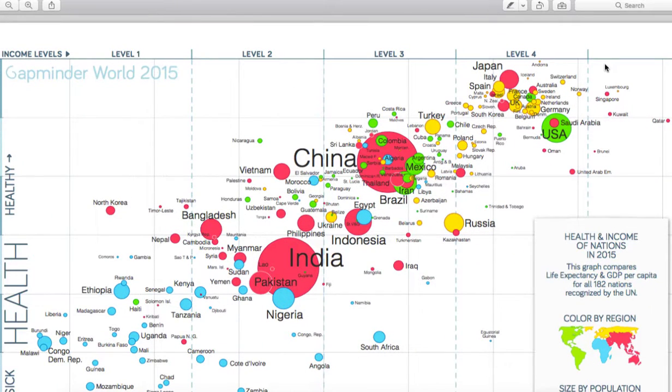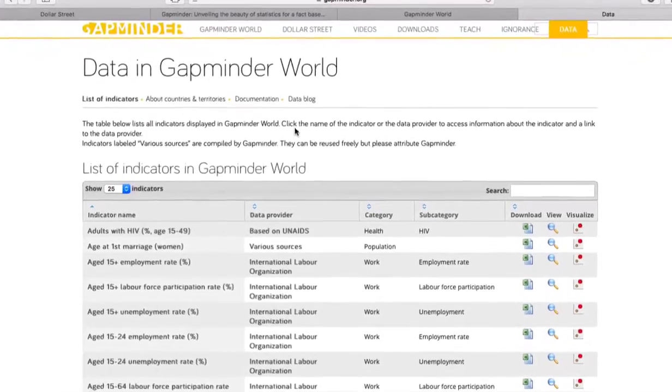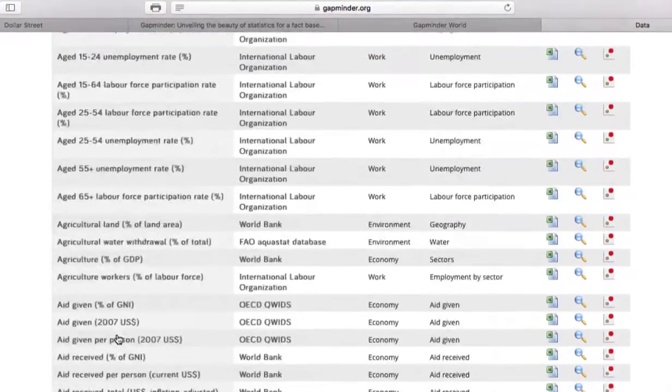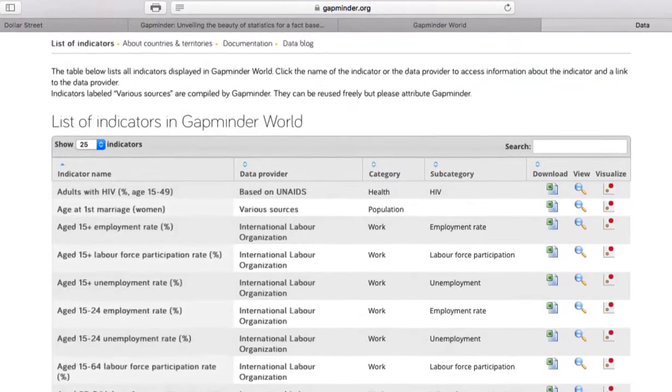document. You've got your countries and your income levels, so you know the name of your countries. You just have to decide what you're going to do in regards to the different data sets. So go over to the data. I'm just going to change to, there's the data. Now what you've got here is, we'll scroll down, 519 entries of data.